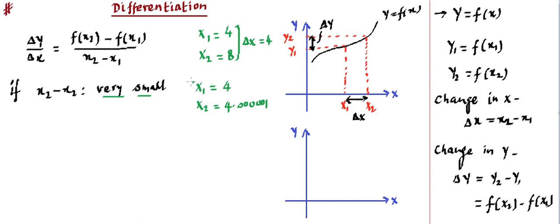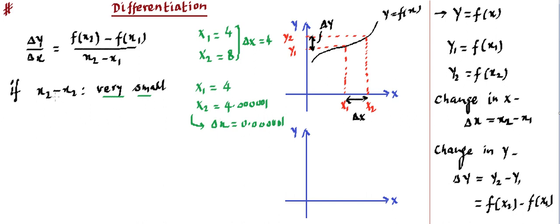And in this case, if we are looking for the difference, then you'll find the difference delta x is going to be 0.00, as I wrote over here, 5 zeros, and then 1. Ultimately the point is that the delta x is very small. So when the delta x is very small, we will be using this delta x to understand the nature of the function, how the function changes with respect to x. And this is what is related to the differentiation that we are going to link shortly.